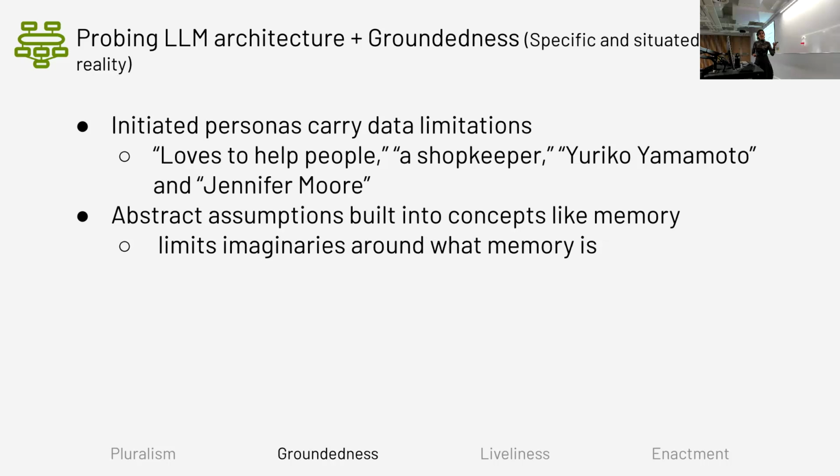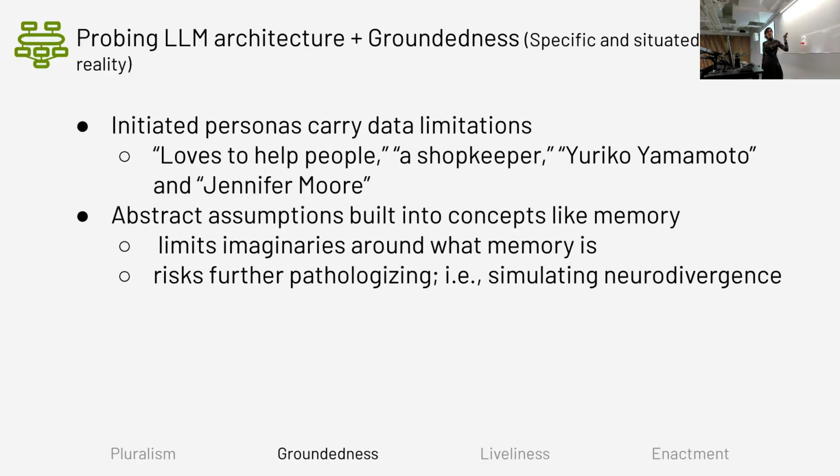Well, it's going to be a matter of time where our imagination of what memory is becomes limited, because we take some provisional model of what human memory was, build it into a system, and validate it. And again, we've seen this cycle happen in previous technologies as well. And so that's going to happen, probably quickly. But it's also going to be a matter of time before we try to simulate neurodivergence as defects in this kind of architecture. And that's another challenge to think about.